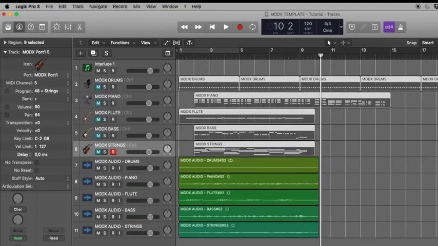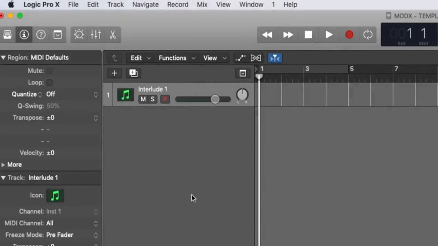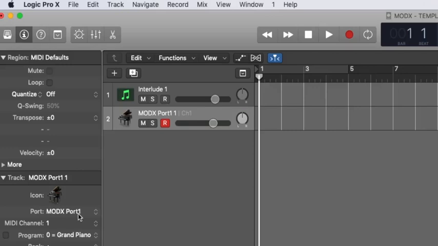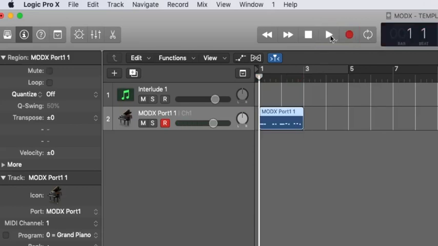Now let's see how we record arpeggios from MODX. Let's create a new external MIDI channel. Let's go to the inspector just to see if everything is okay. It's okay. Let's record some drums manually just to see if it's working. It's working, okay. Now I will delete this